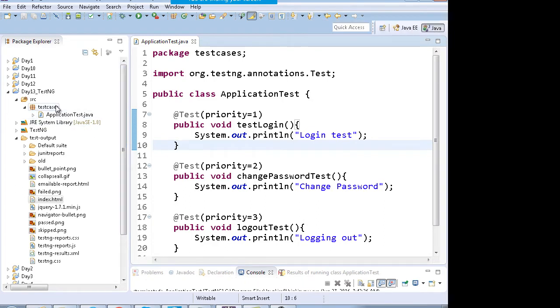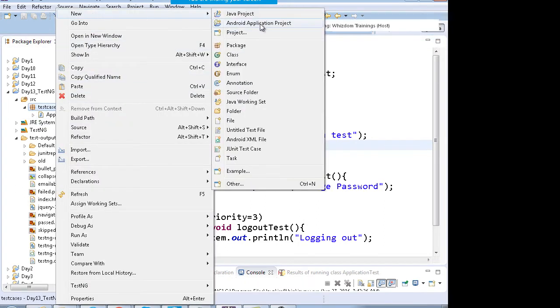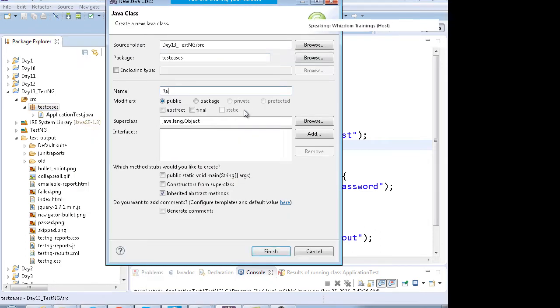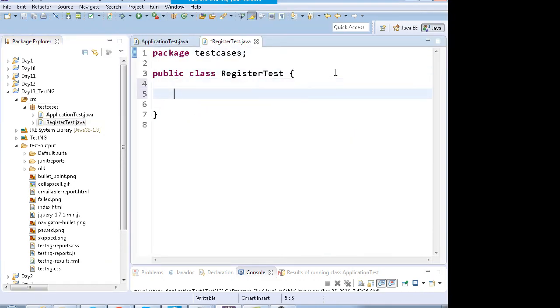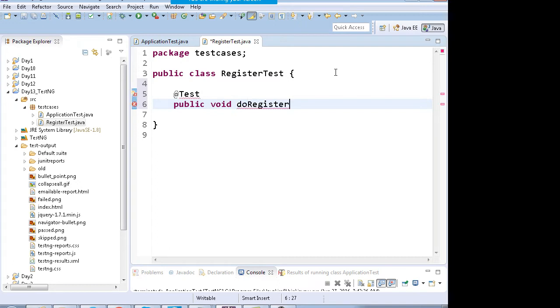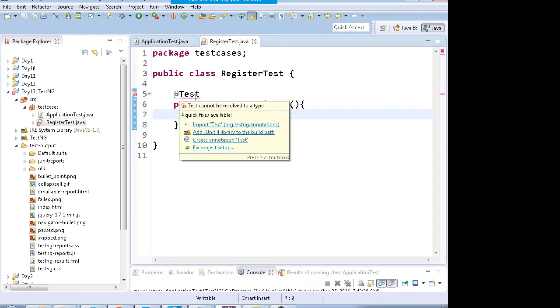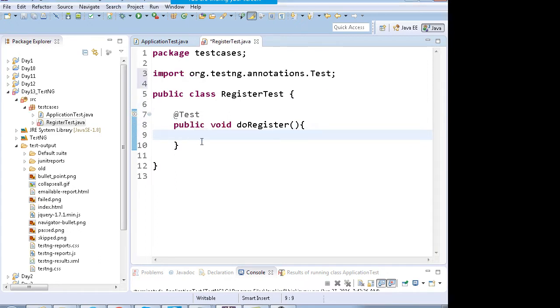Suppose I make a new class known as registration test, and I will keep a test annotation, public void do register. Out here, suppose I want to do some validation.